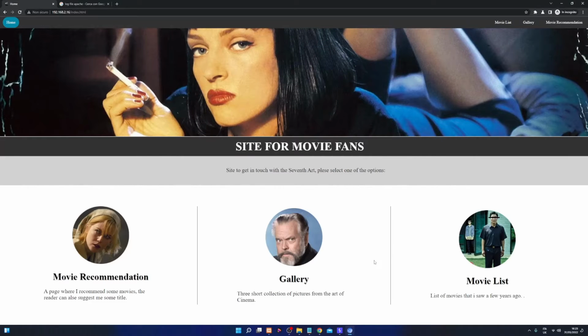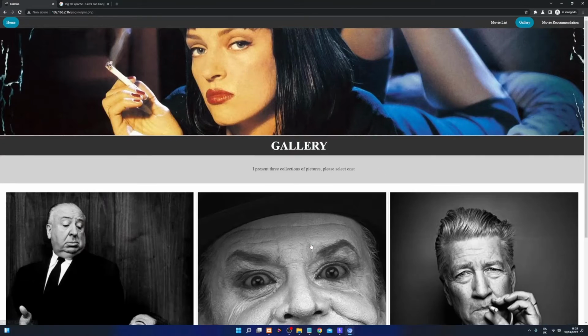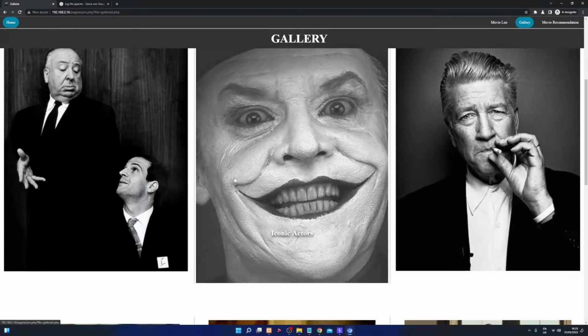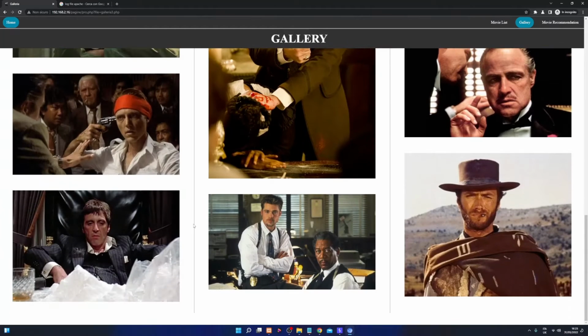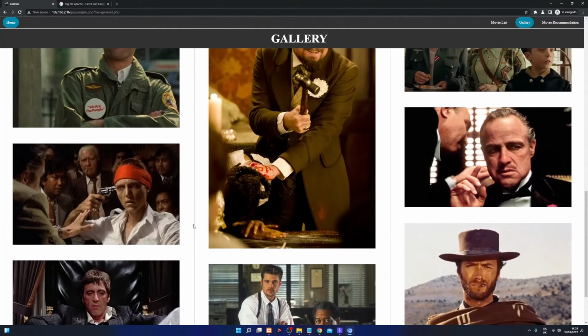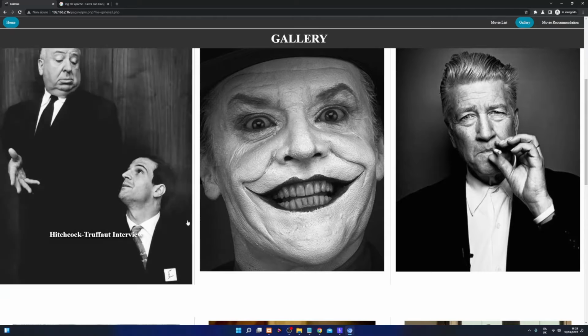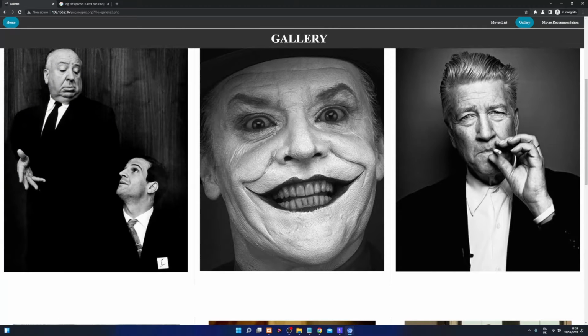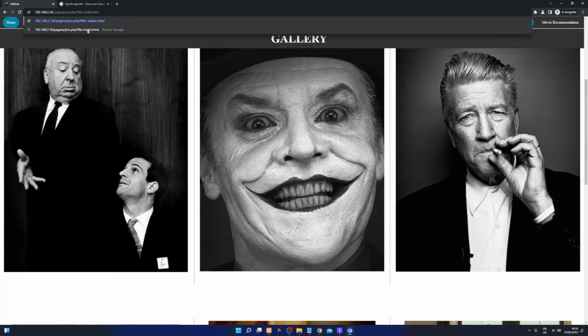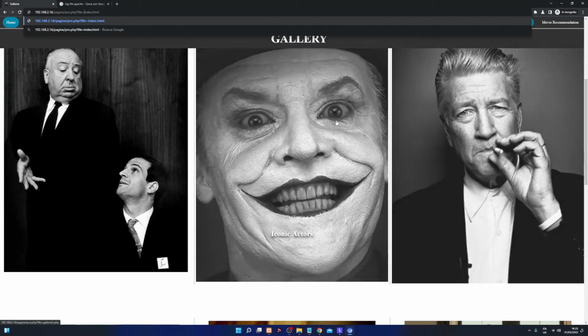So now we have to find the second vulnerability, so we can check the gallery and open one of the collections of images. And we can see that everything seems safe, but if we look carefully at the URL, the web application includes the gallery3.php file inside our pro.php HTML code. So we can try to see if there is a vulnerability, if we can submit a different page that is not one of these three